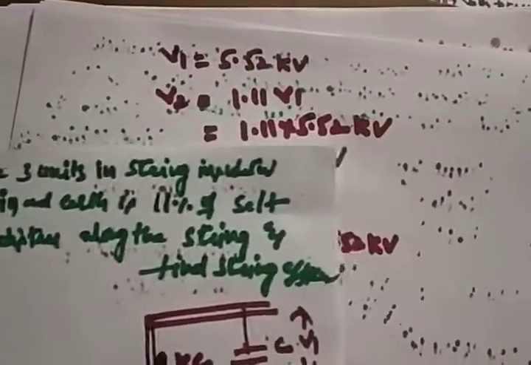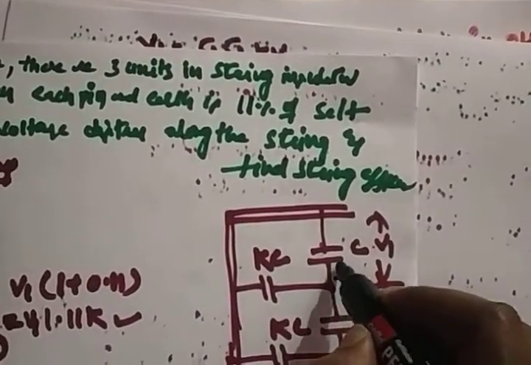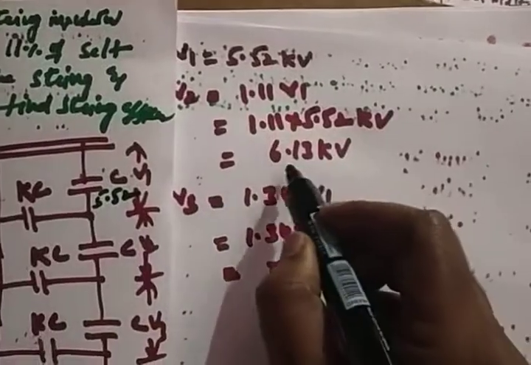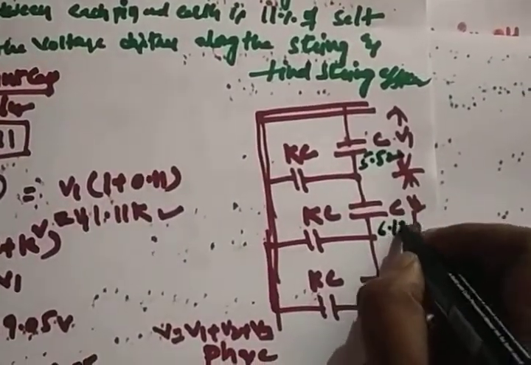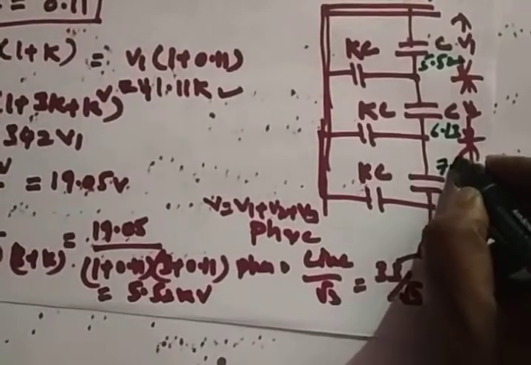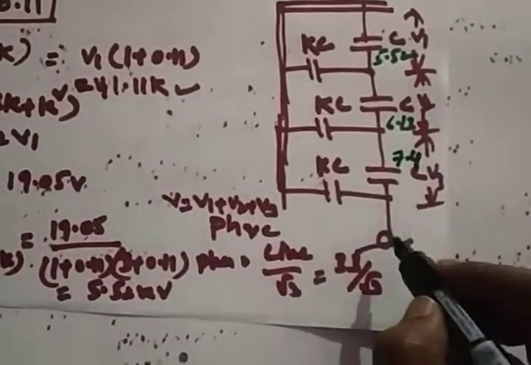See, from here you will understand. Right? What is the value of V1? The value of V1 is 5.52. What is the value of V2? 6.13. What is the value of V3? 7.4. So that means whatever